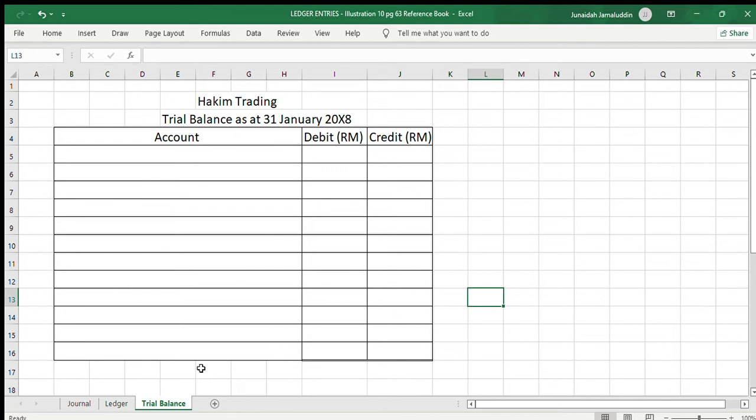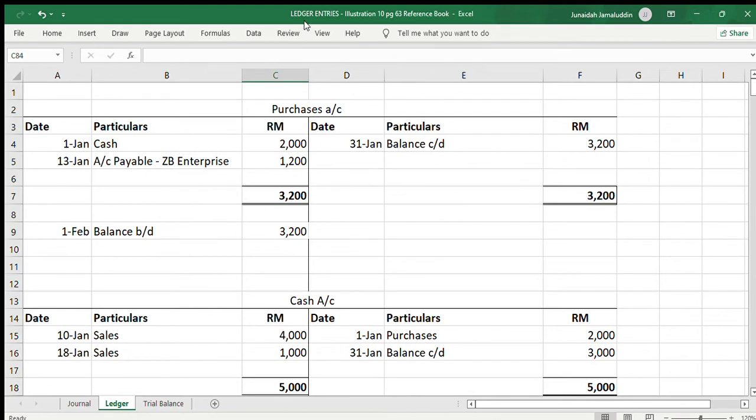Okay, so now let's have a look at the ledger again. We have the purchases account, and the purchases account has a debit balance. As we can see, balance BD is at the debit side. So it has a debit balance, so we have to transfer this balance of 3,200 into the trial